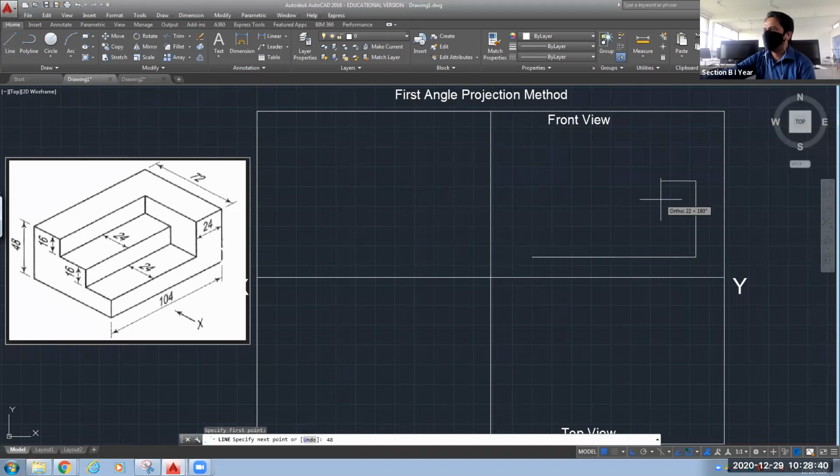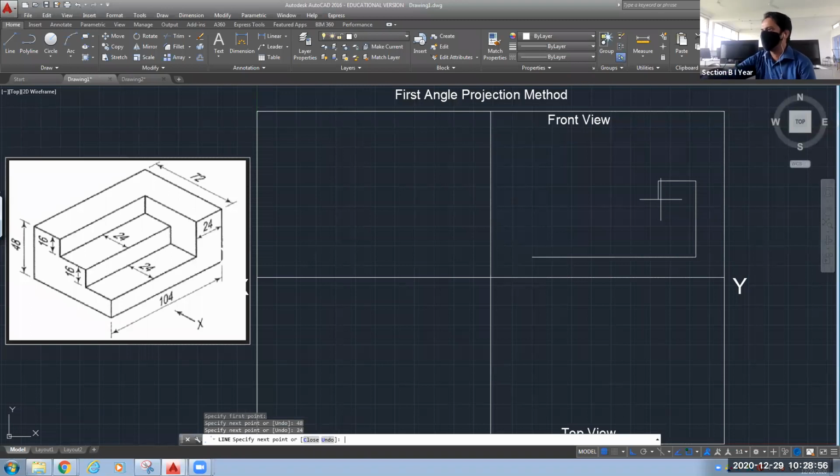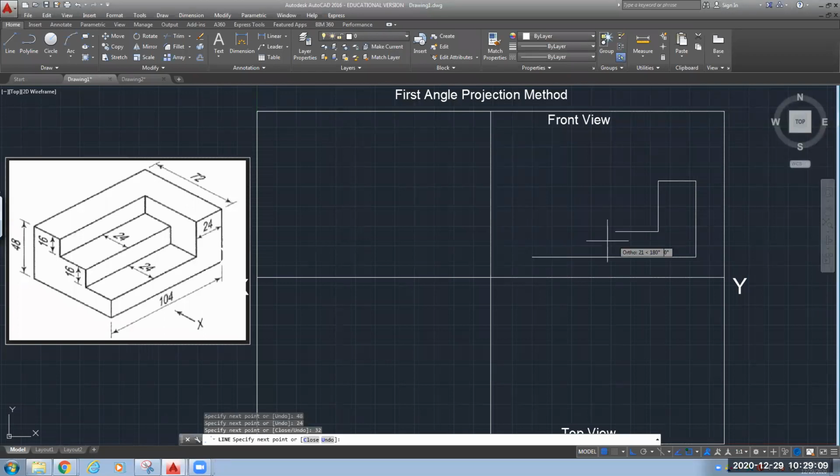Now again, in the horizontal direction, how much do I need to move? Can anyone tell me? 24. Yes, I need to move 24. Again, on the downward side, 16 plus 16, 32. So I need to move 32.